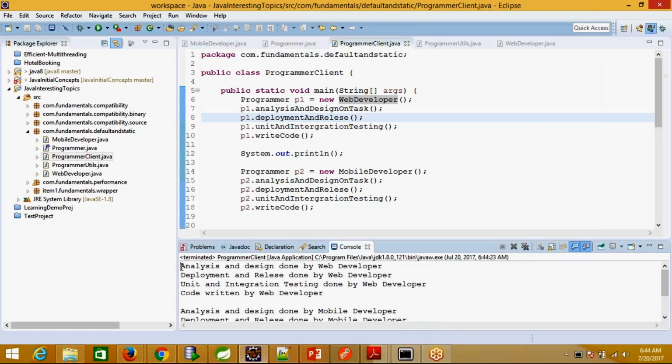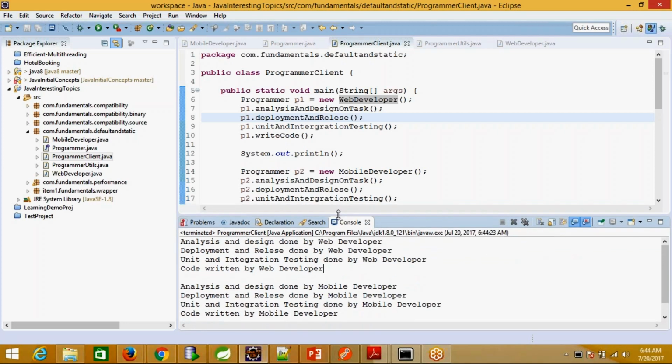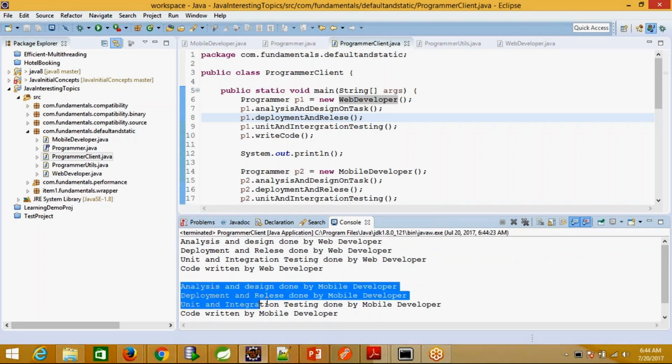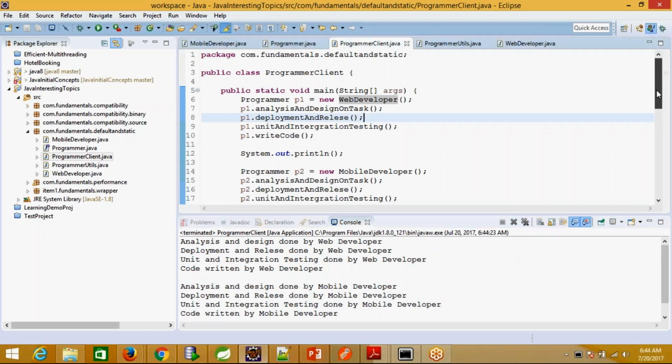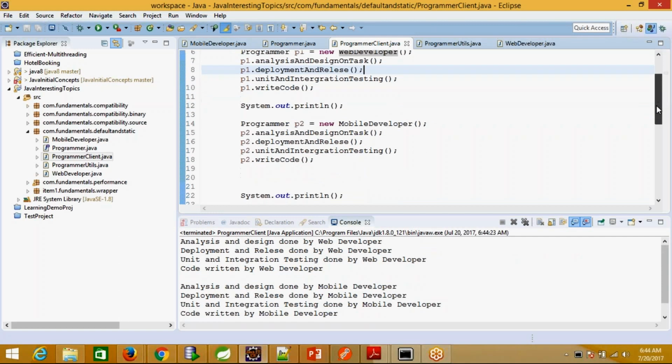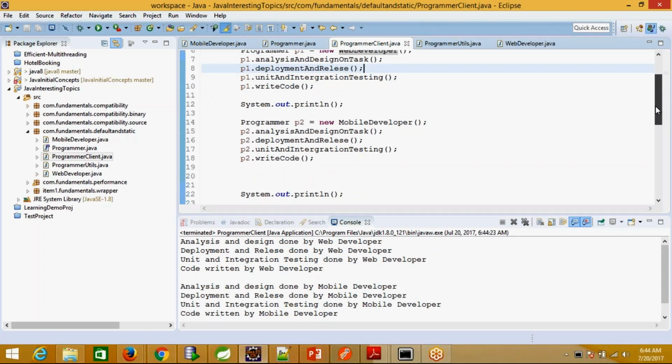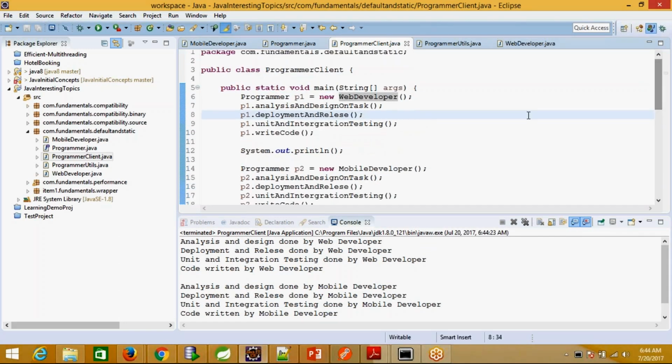Have a look at here. The first four parts belong to the web developer itself, and the remaining four outputs belong to the mobile developer. So it's a pretty simple program, what we do in our day-to-day life.